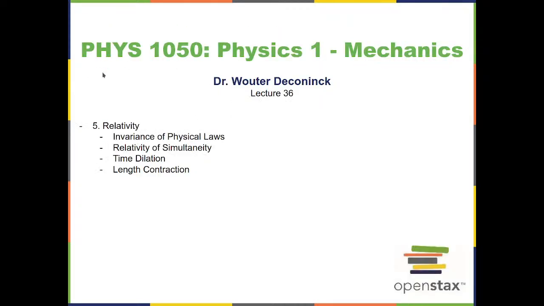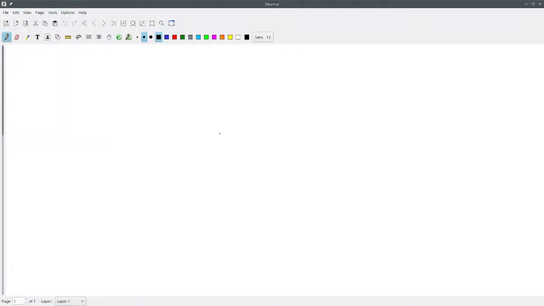So what we're going to do first is talk about physical laws. In particular, we're going to talk about where physical laws should apply. If we come up with physical laws in physics, we want them to be valid not just in whatever reference frame we are working in. We want them to be valid beyond that single reference frame. So if we look at, for example, Newton's second law, F equals ma, is